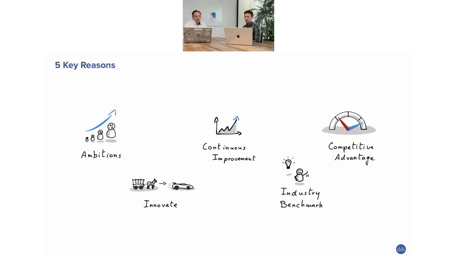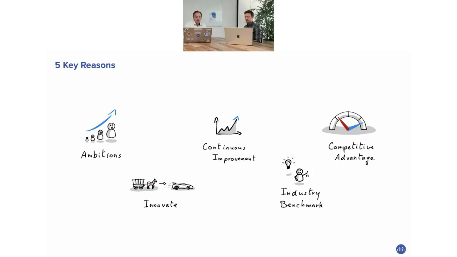So to summarize the last webinar, we talked about 5 reasons. It's about the ambitions you have as a company, and reaching those ambitions. Data can help you reach those ambitions. Continuous improvement: like everything you do, you should collect feedback on what you're doing with data and then improve on things you're already doing. Creating a competitive advantage. We gave some examples last time of companies really creating competitive advantage through the use of data.